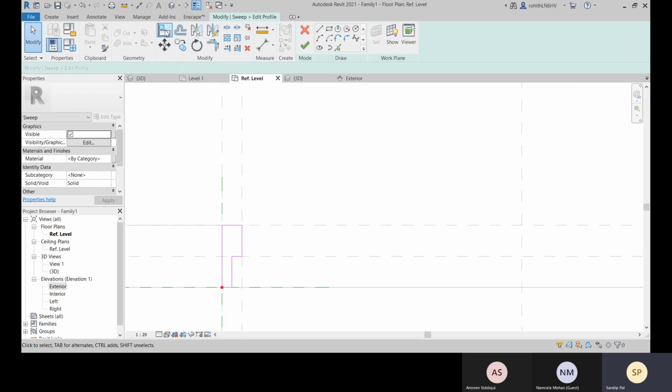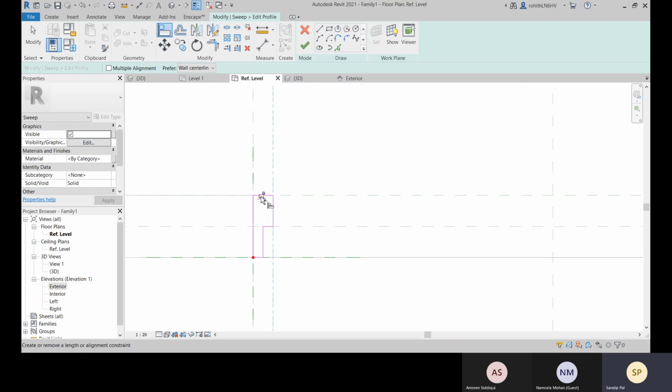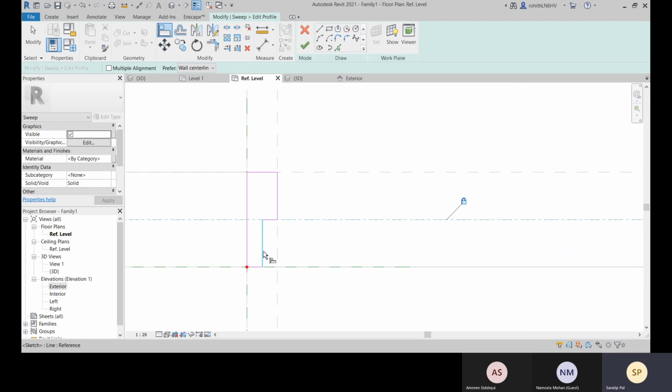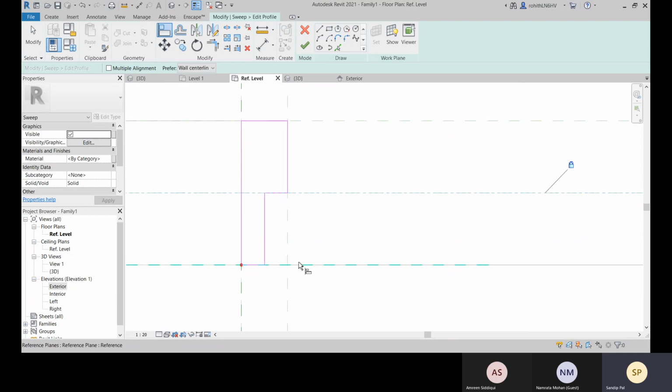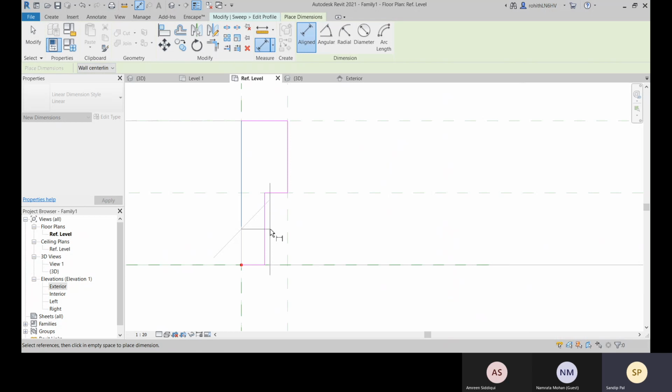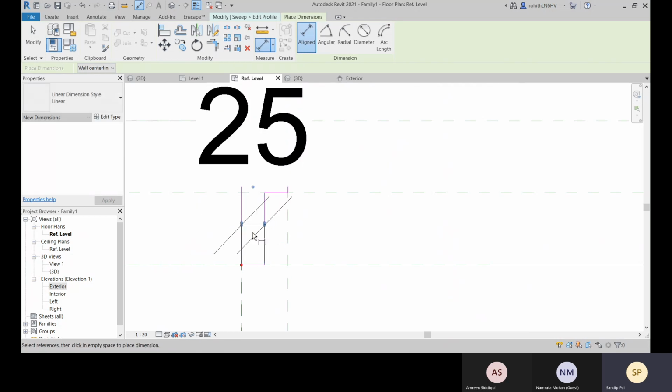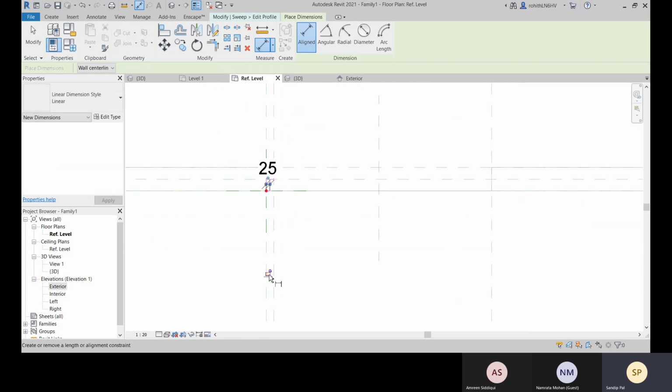Go to this align, select this, then select this line, lock it, select this reference plane, select this line, lock it, select this and select this line, lock it, select this, lock it, and then you can lock this also. So let me show you how you can lock this. For that you go with this dimension and there you place it, and then you can lock this dimension.